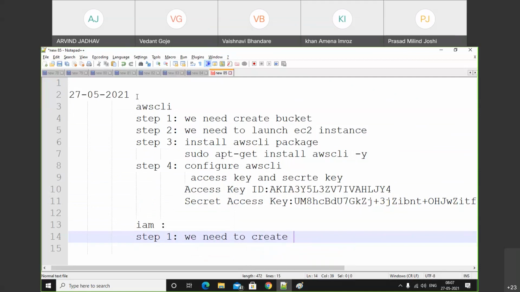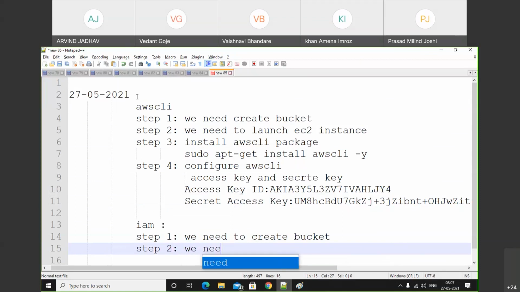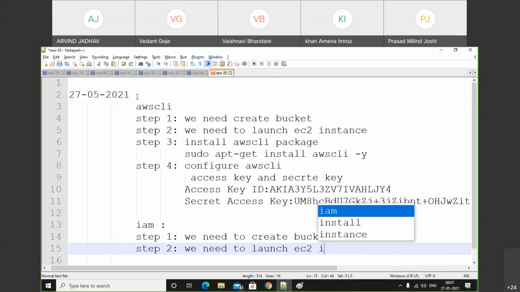Step one is the same, so it is required to create the bucket. Step 2 is also the same: we need an EC2 instance, but with an IAM role.